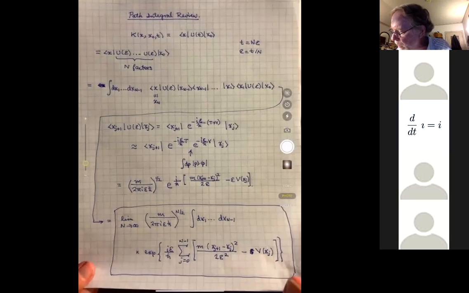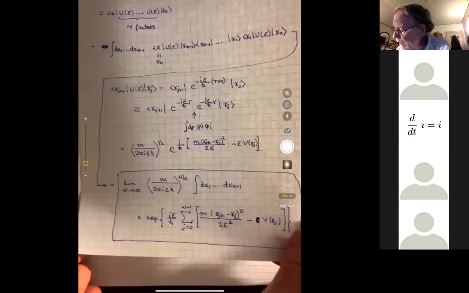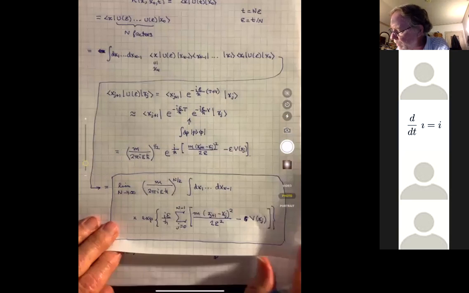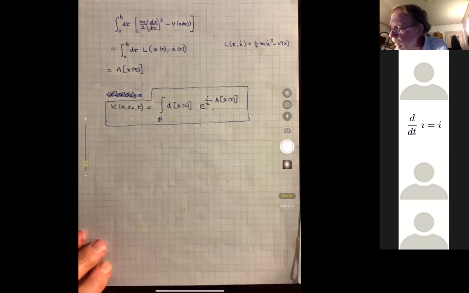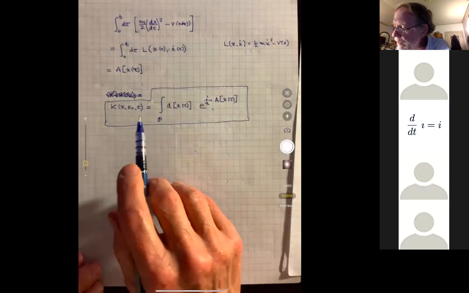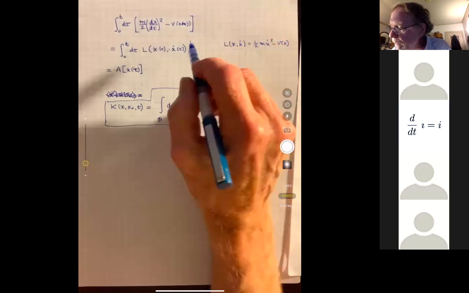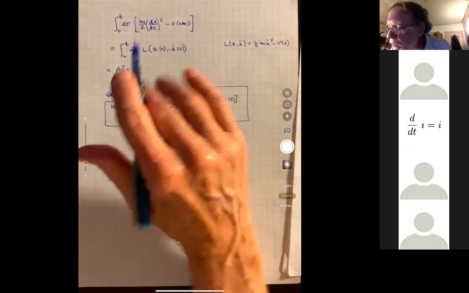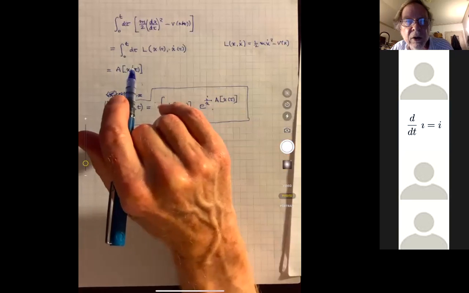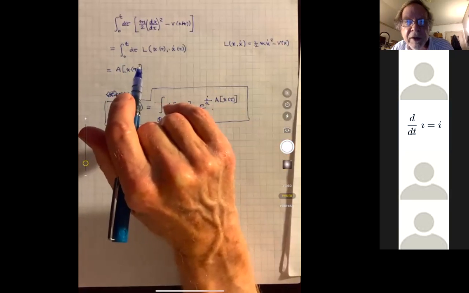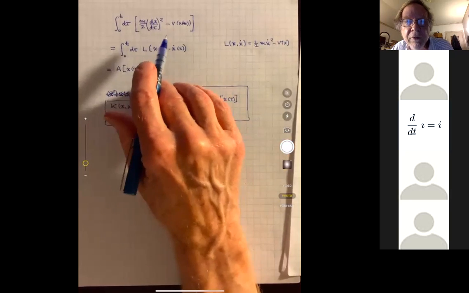At least it looks like it, but is it really? And the answer is no, it's not. It has to be reinterpreted as a different type of integral. It's called an Ito integral instead of a Riemann integral. That distinction won't concern us in this course, but I'm just mentioning it because these considerations do affect the exponent